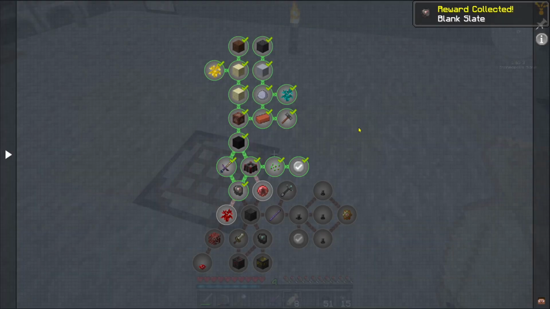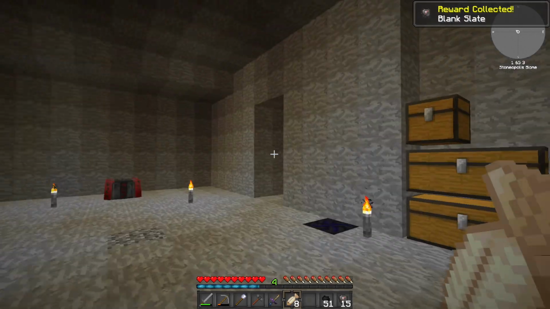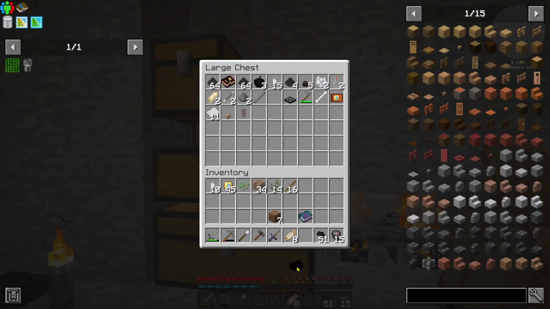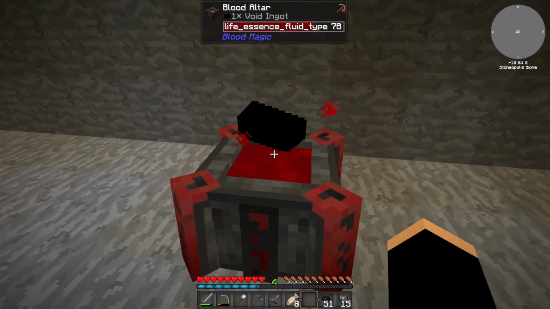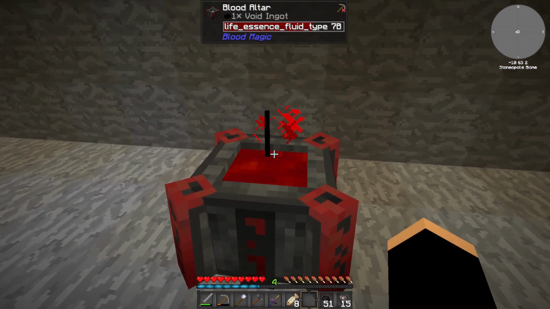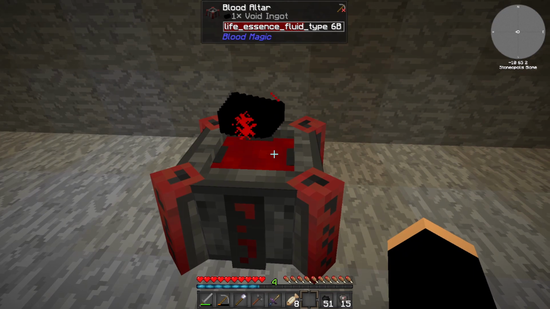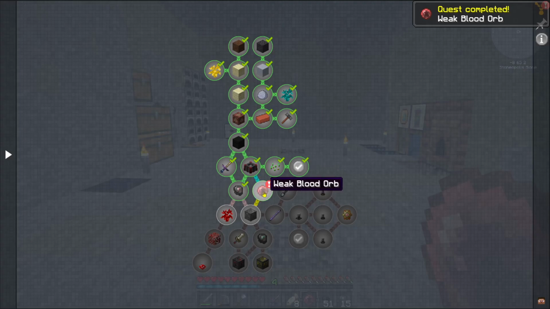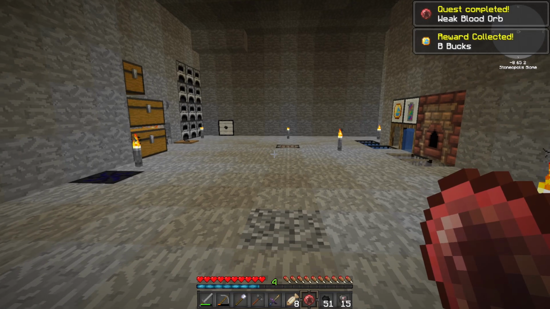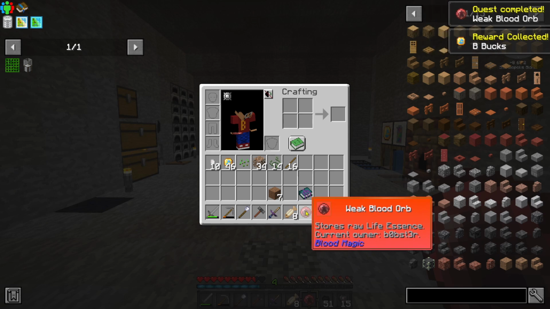So that gives us 2 more. We need a weak blood orb, and for that we need a void ingot. Do we have any void ingots left? We do, just the one. So we'll drop the void ingot into the blood altar, and that should give us our first weak orb, like so. And once we collect the quest, what we'll do is we'll shift and right click it to bind it to us. So now, as you see there, current owner Bobster,